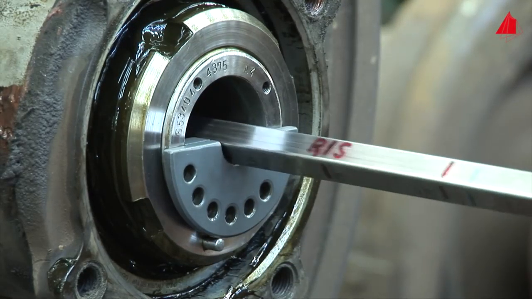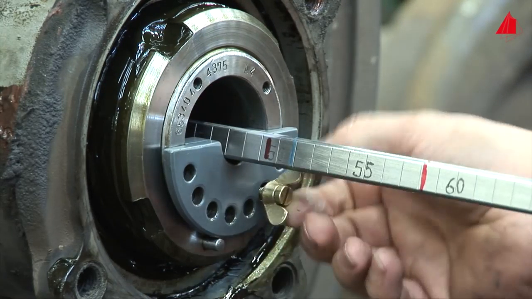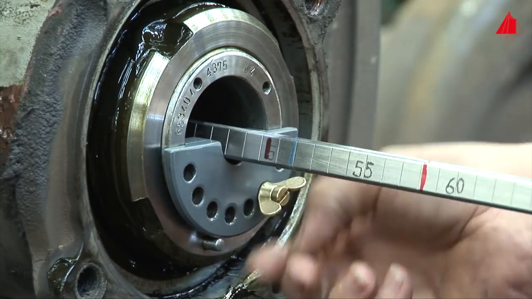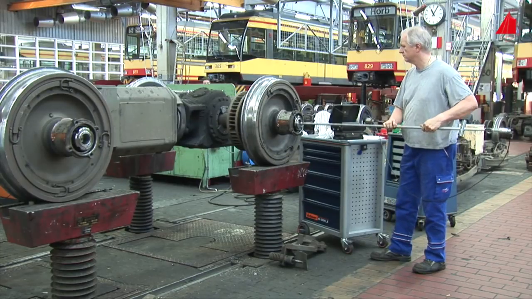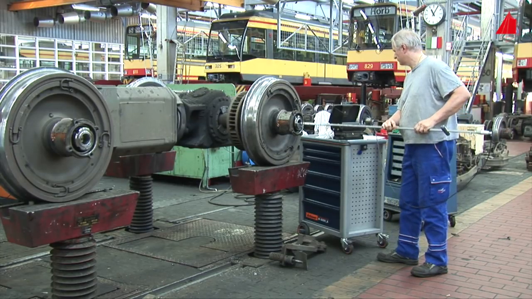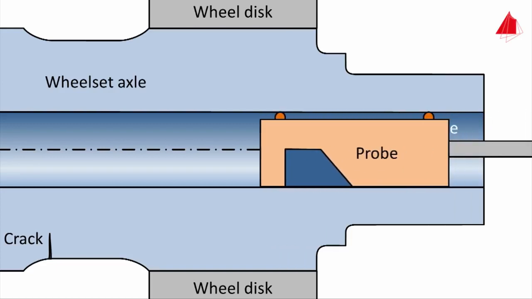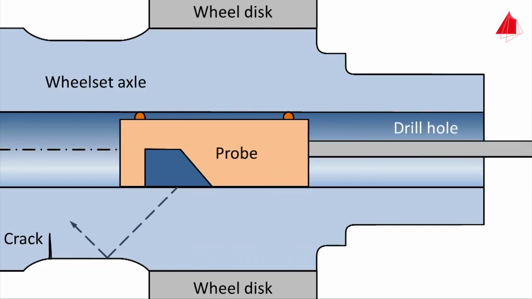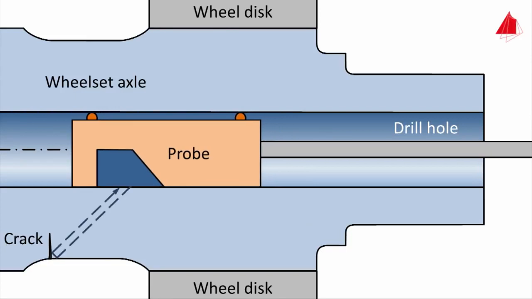He has accurately marked the most important examination points at the mount. In an experienced manner, he positions the probe at the appropriate places within the wheel set axle and watches the monitor closely. The probe has specially been designed for this application. It transmits the ultrasonic pulses at an angle of 45 degrees. At a place without defects, no defect echo returns. But when the pulse encounters a crack which has grown in from the outside, double reflection occurs and a typical